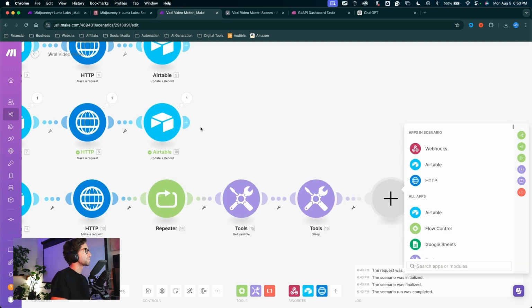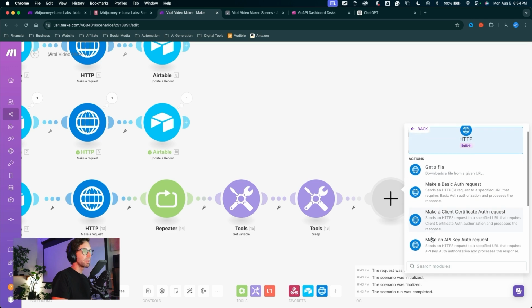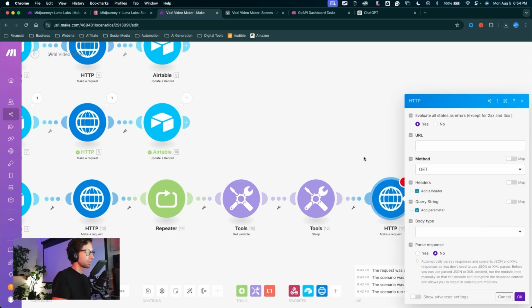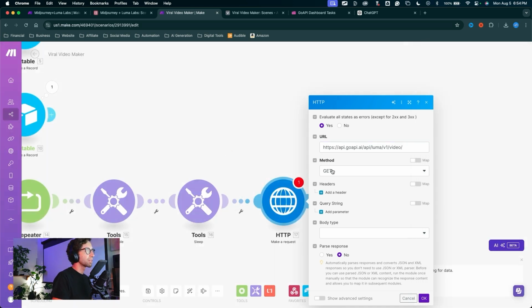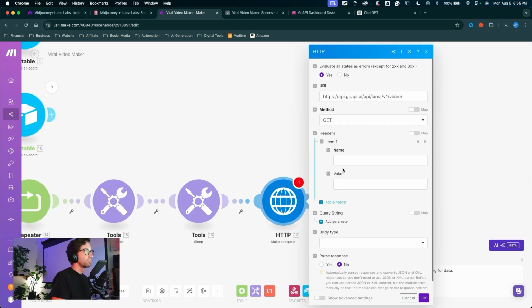So our next module is going to be HTTP. We're going to make a request. This one's going to be a little bit different. The URL is going to be this URL right here, but we also need to add some data into this URL section. We don't currently have any data, so we're going to have to run this automation to get some of that data. Let's fill in the rest of this module. So we're going to leave the method to get. Put our headers in here,